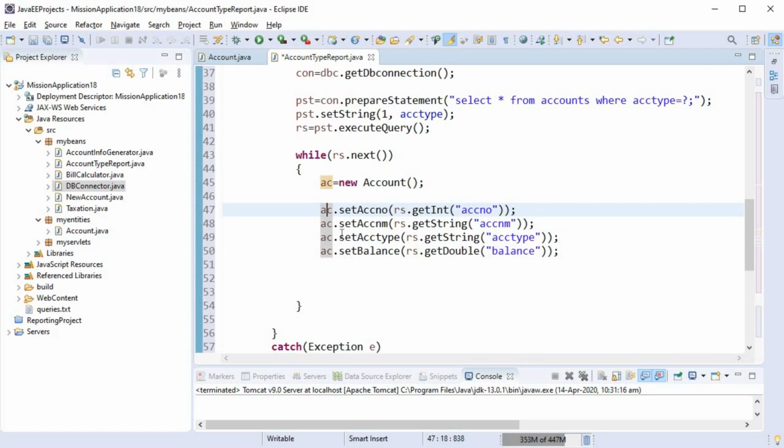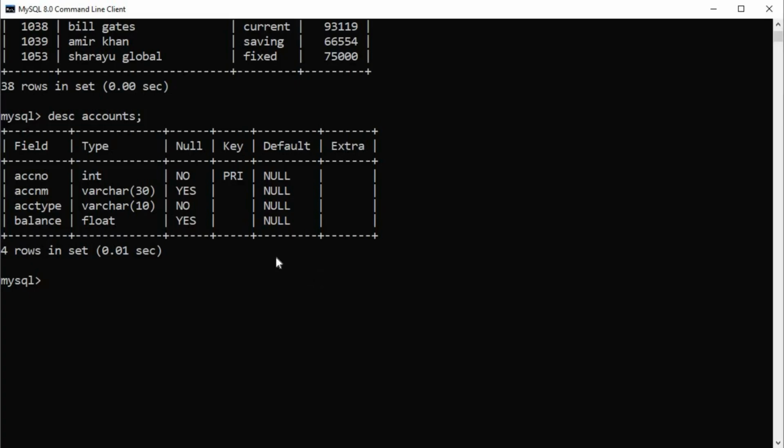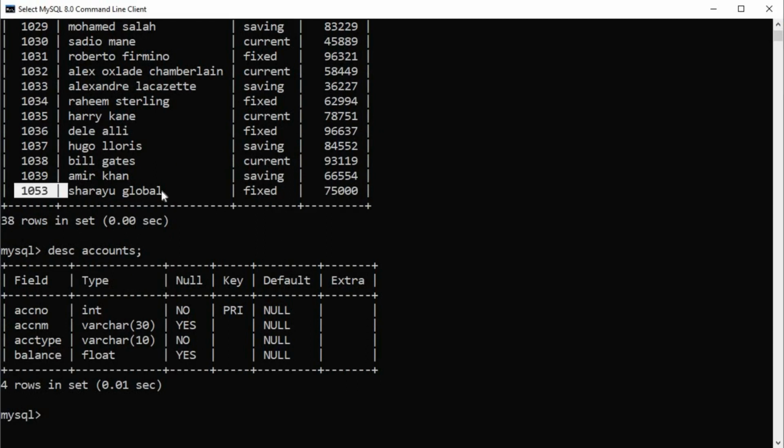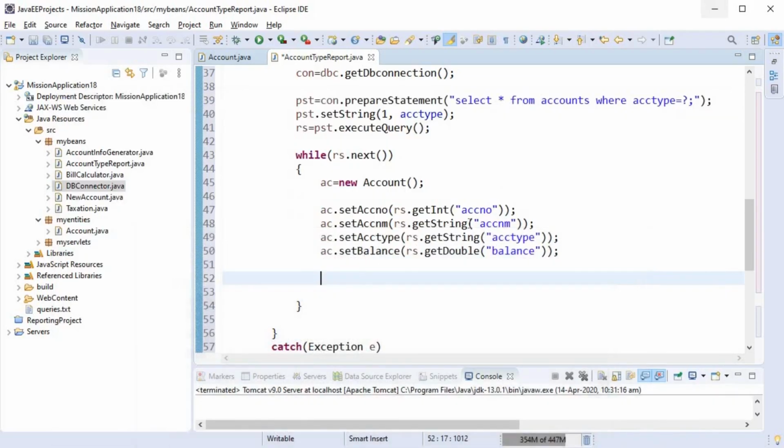So another important step we'll have to perform here is list. Now we have an array list property in this bean class. So we'll write list.add. Say for example we have one record taken out from the result set. So account number, account name, account type, and balance we have taken out from the result set, and now we have added this record into the object of the account class.